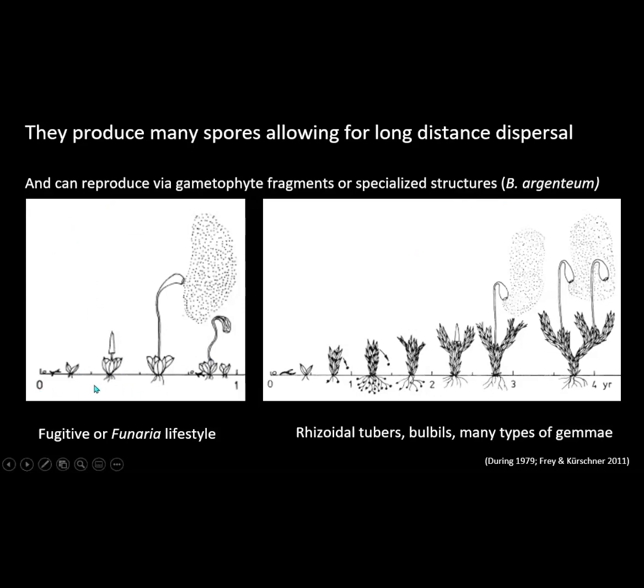So here is the life cycle of Funaria. It's actually an annual, or a short-lived perennial, that can complete its entire life cycle within 1 year. So it starts out as a spore. Here's that protonematal phase, and then it reproduces and creates a sporophyte and creates more spores in less than 1 year. Ceratodon and Bryum are actually a little bit more long-lived and take a little bit longer to fully